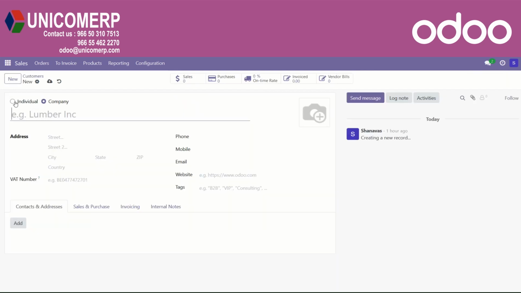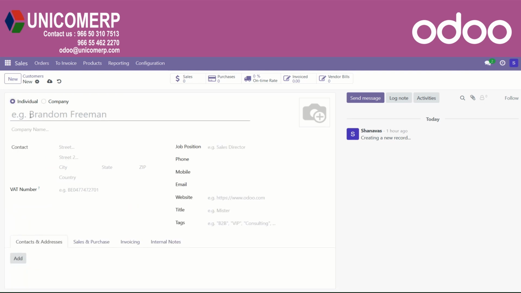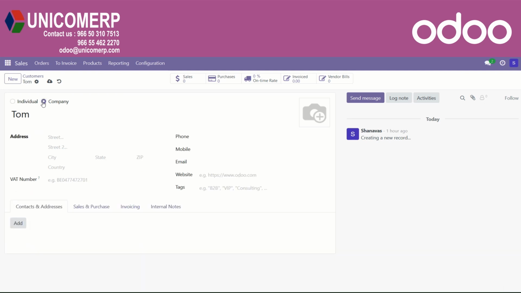If it's an individual means he belongs to a company. So, we shall create a new person. Let it be Tom, and next here is an option called company name. Here you have to specify which company this individual belongs to. If you are choosing company means, you are going to create the particular company for the first time, so that is the only difference between individual and company. Anyway, this time we are creating an individual, and here I'm choosing the company of Mr. Tom. So let it be Easy to Learn company.